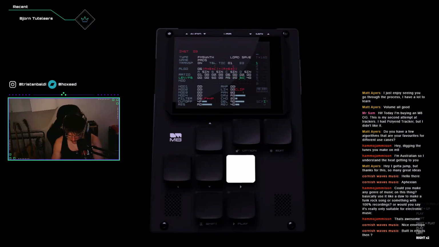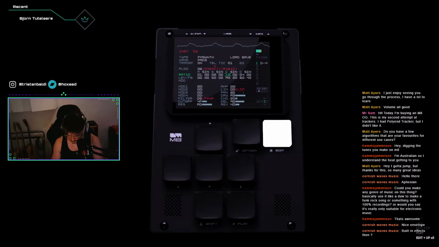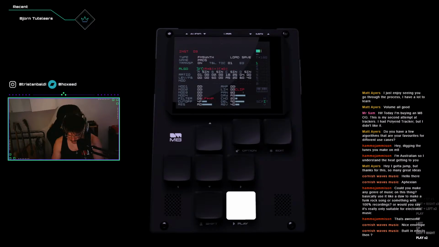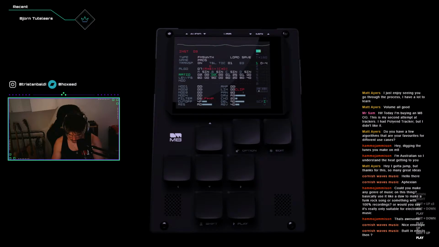C and D are carriers, right? It's a bit weird for me. So yeah, let's do this. So A and B plus C and D, right? So let's get rid of all that. So D